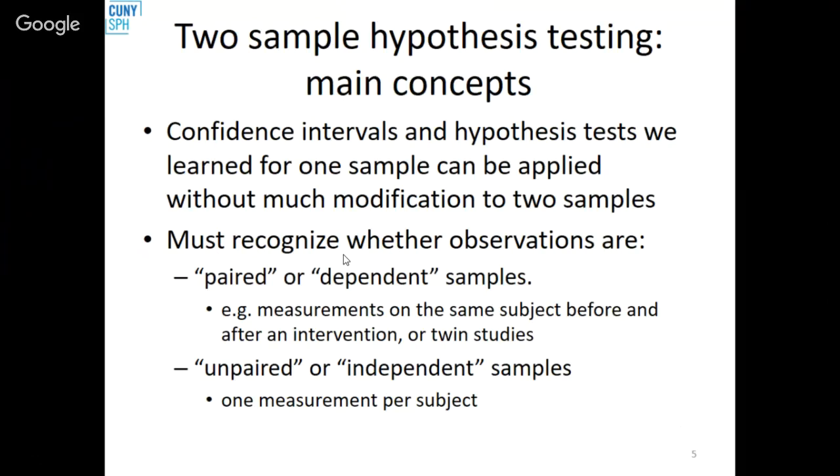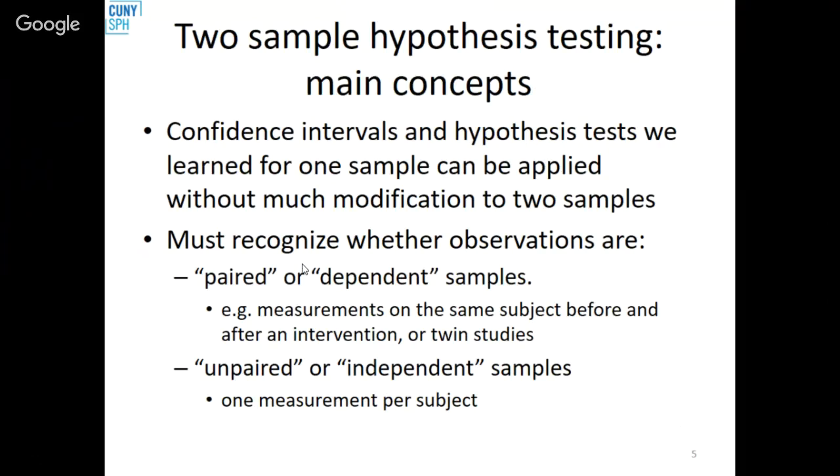So moving on to two-sample hypothesis testing, this is a pretty common practical situation where instead of having in advance a hypothesis, a null hypothesis that is based on the population, our null hypothesis has to do with two samples, not comparison to a population. But fortunately, the tests that we've just covered there can be learned without too much modification and applied to the two samples. Most important thing to recognize when doing this is whether